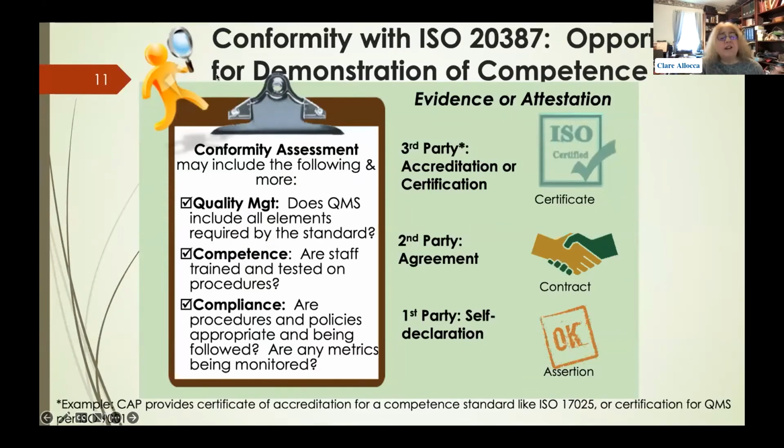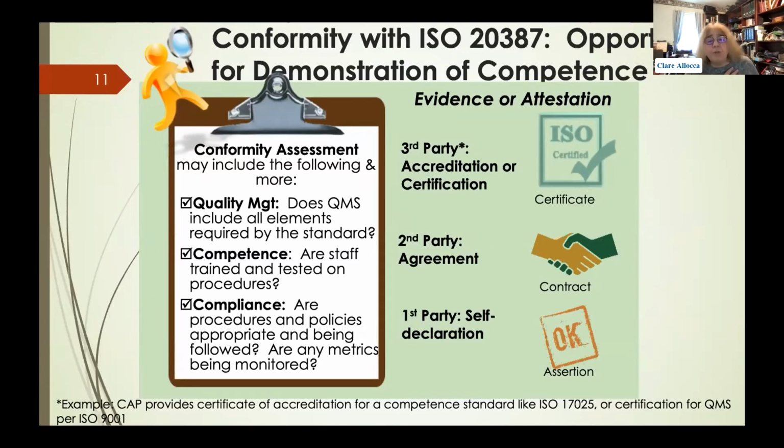And then finally, the conformity assessment. I talked about competence a few minutes ago. Conformity assessment is, again, evidence or attestation, but this can be done on 3 levels. At what we call first party is a self-declaration. I, Clare, have met the requirements of this, and I make a statement. Second party is an agreement. That might be somebody writes a contract with me and my biobank, and in that contract it states that I will follow these